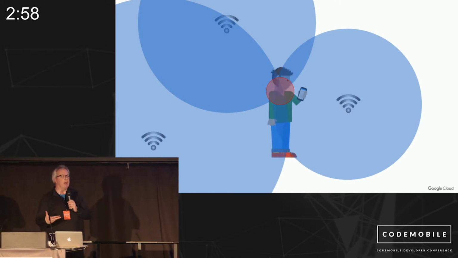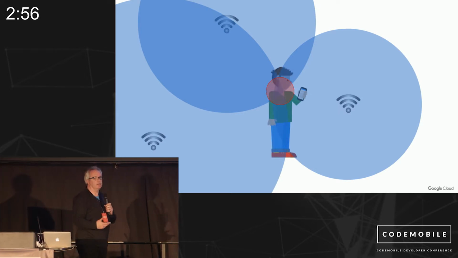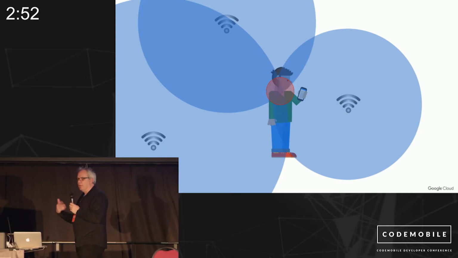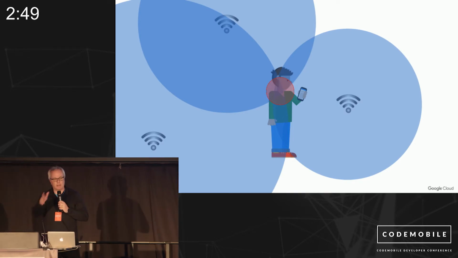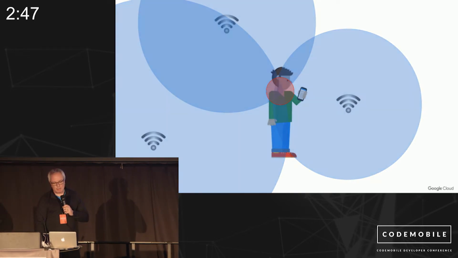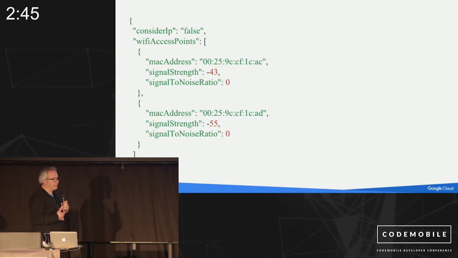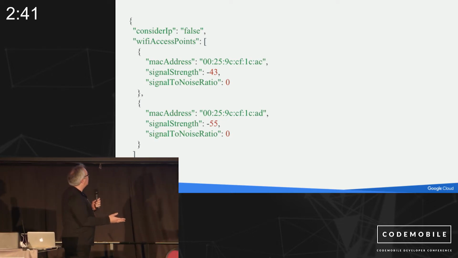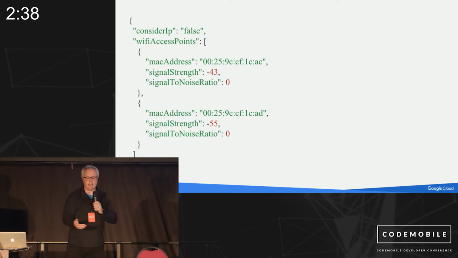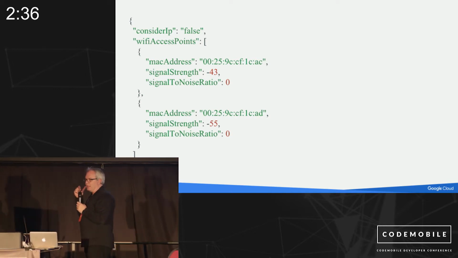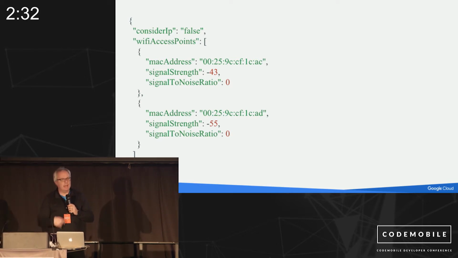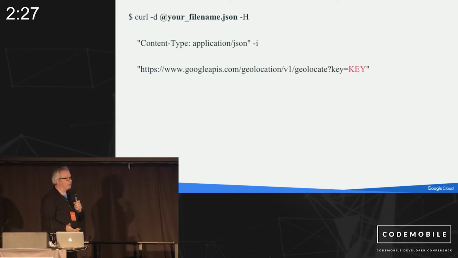Now, we have an API where we know the location of a number of Wi-Fi access points around the world, and we know the location of many cell towers around the world. So if you use our API and do a scan of the Wi-Fi access points and cell towers around you, you get their MAC address, sometimes called a BSS ID. You put it in JSON in a blob like this one, where you say here are the Wi-Fi access points that I see, here's the signal strength I've read, here's the signal to noise ratio, and you pass it up to our API,